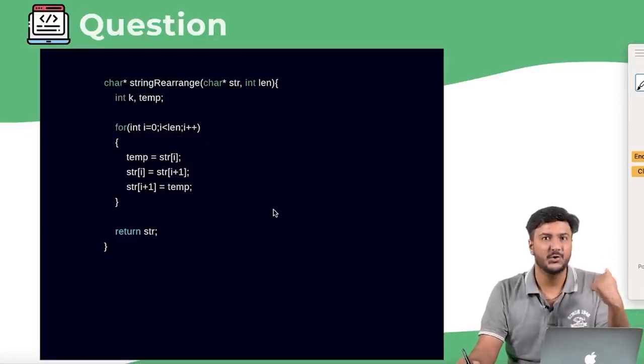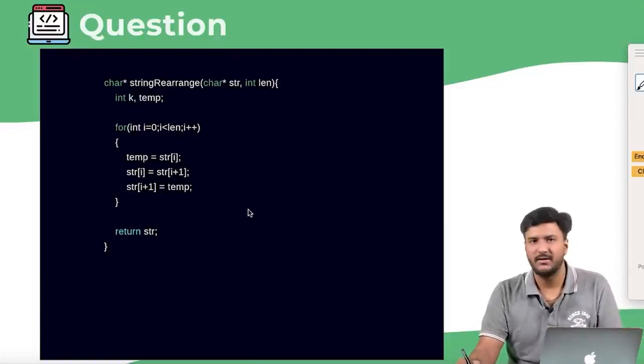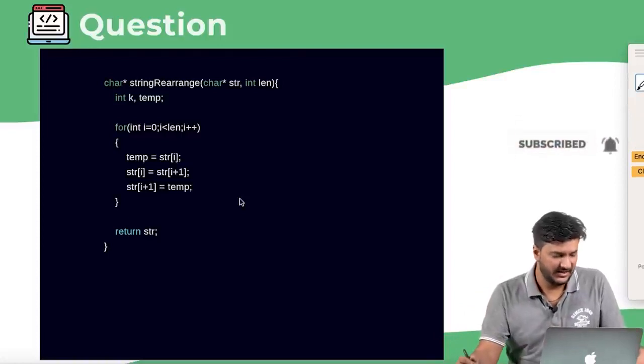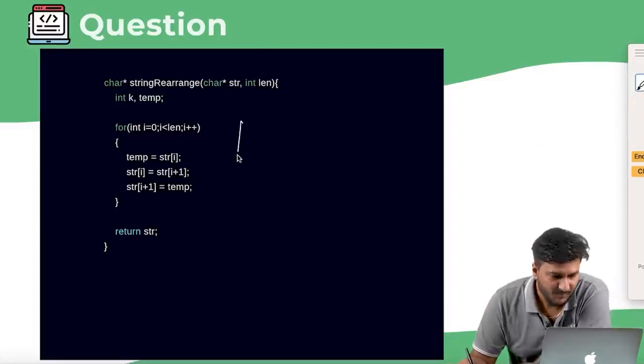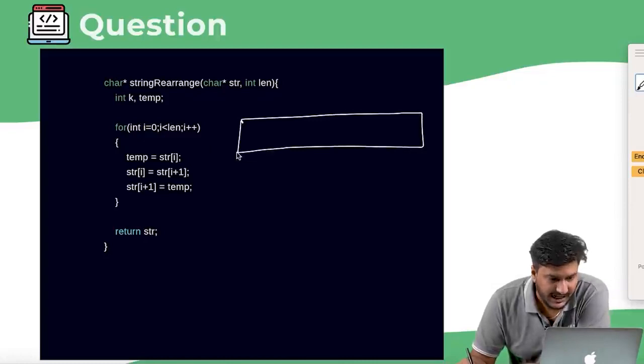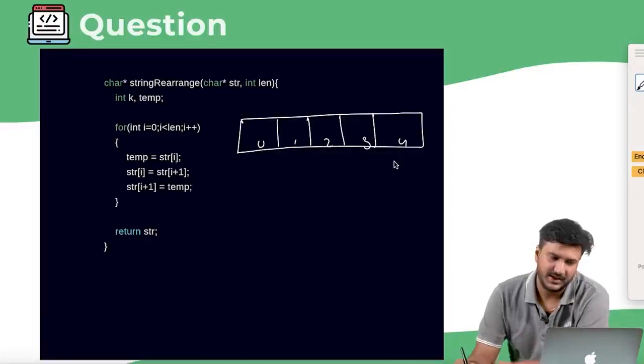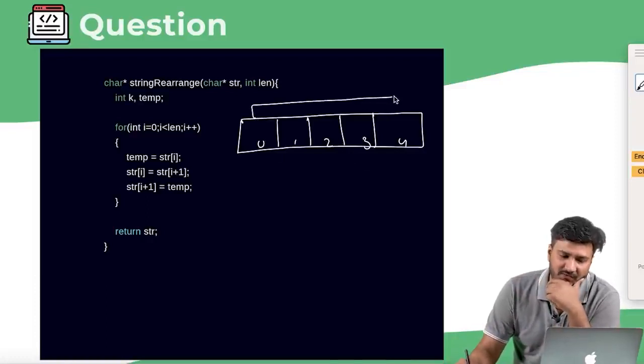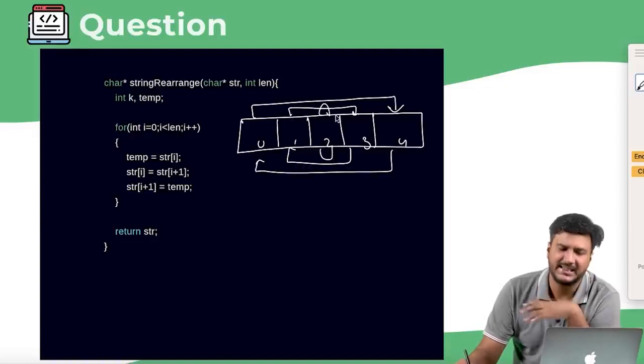Now, as a programmer I know that there's a very basic and standard program if I want to reverse anything, right? So essentially, let's say I have an array, 0 1 2 3 4, right? If I want to reverse it, I would swap the first with the last, then I would swap this and this, and then I would swap this and this, let's say, right?